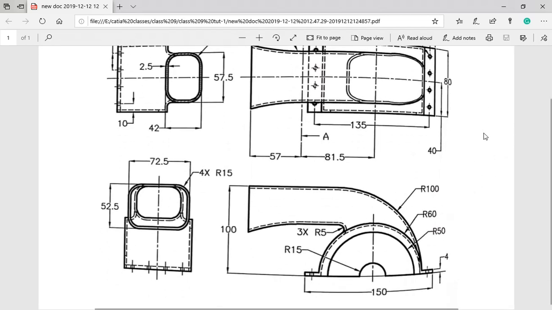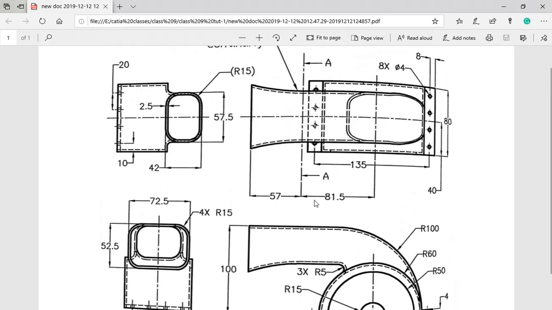So let's see how we can do it. But that also should be tangent to the semicircle or the base feature you created earlier. So I think we need a reference